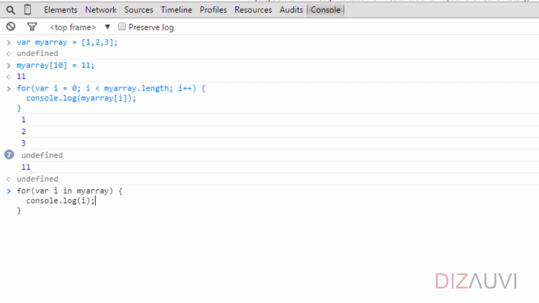And here this i will be the available indices in the array. And as you can see, it prints out only those indices for which the element is set. All the other indices are ignored because, as said earlier, this for in loop actually goes over the properties of the array object. Now, this way of looping through the array is not recommended because there are cases where a JavaScript library may add a property to this array. And apart from the indices, you will also get that property, which is not really correct.